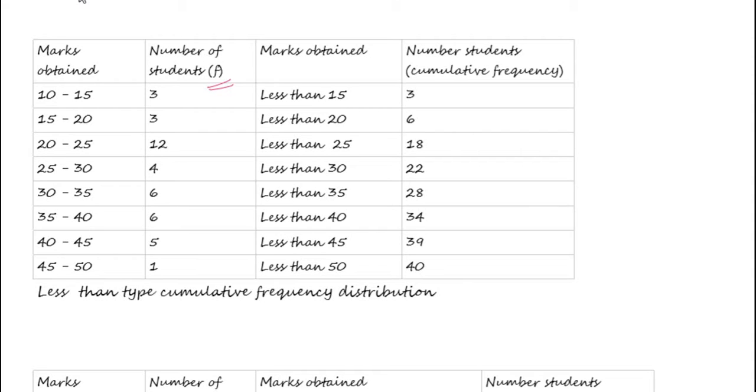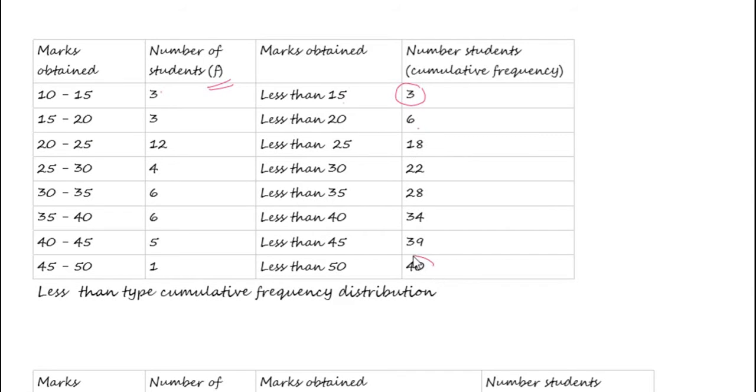This is just like we calculated earlier. Now here in cumulative frequency I have posted 3. What it means is this 3 represents the data which is less than the upper value of the first row. So there are 3 people in the entire data set who have scored less than 15. In the second row, I have posted 6, that is 3 plus 3. What it means is there are 6 people who have scored less than 20. That is again the upper limit of the second row, and this continues like this.